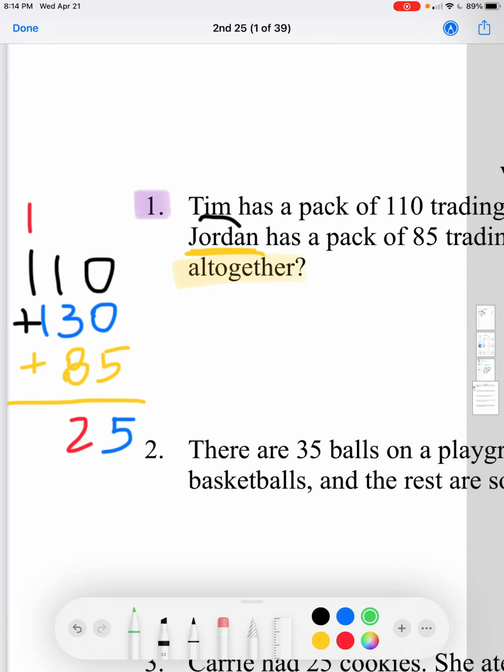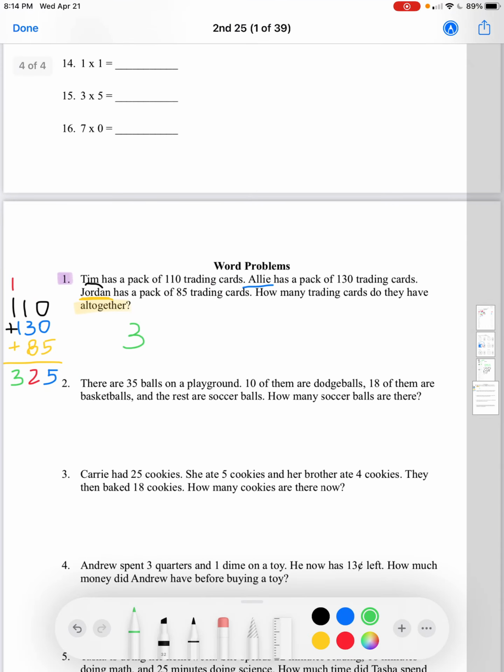Regroup. The hundreds place, we have 1 plus 1 plus 1. 1 plus 1 equals 2. 2 plus 1 equals 3. We're just going to bring that down. 325. So basically they have 325 trading cards all together